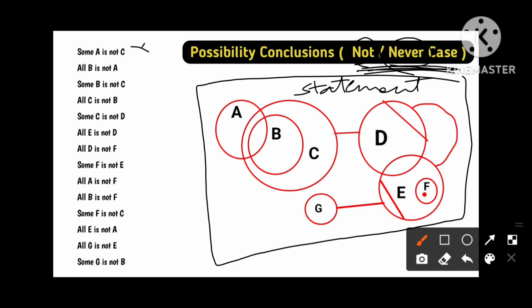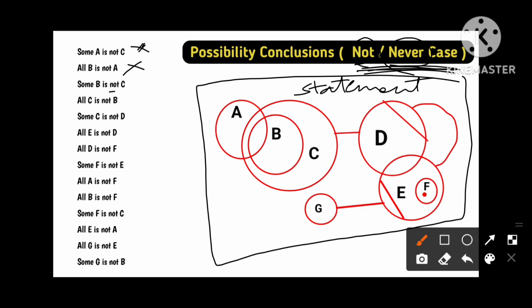First conclusion will be false. Next one, second conclusion. Here we see "not" again. So what we need to check is all B is A. All B, can we place inside A? It is also possible. All B we can place inside A. It is possible. All case possible means not case fails.